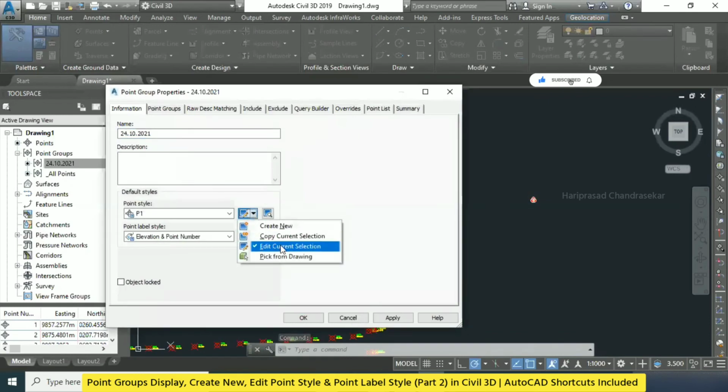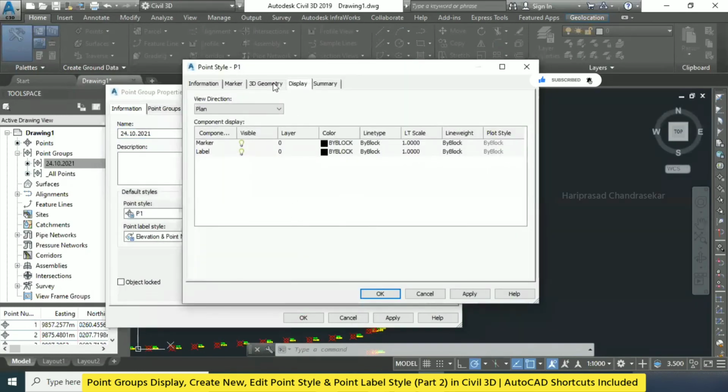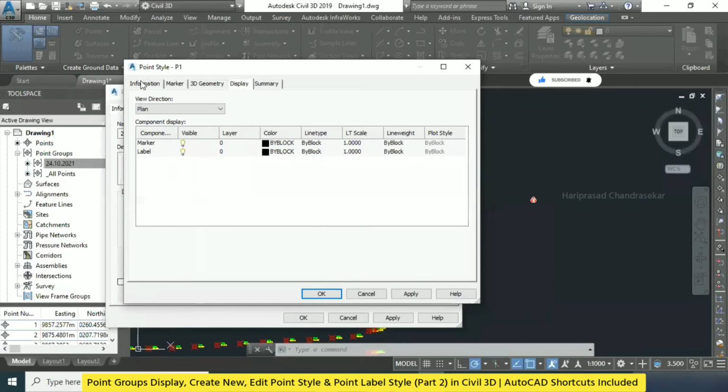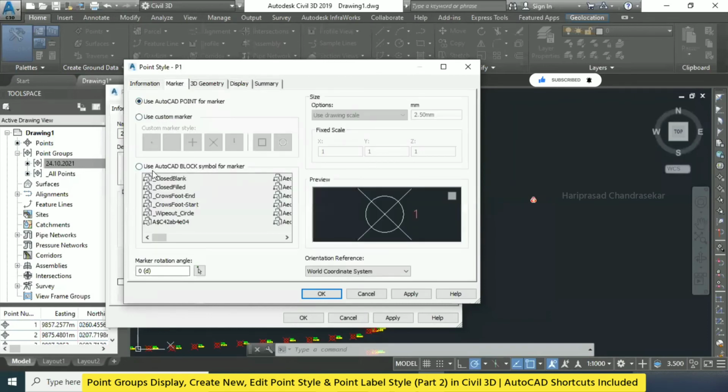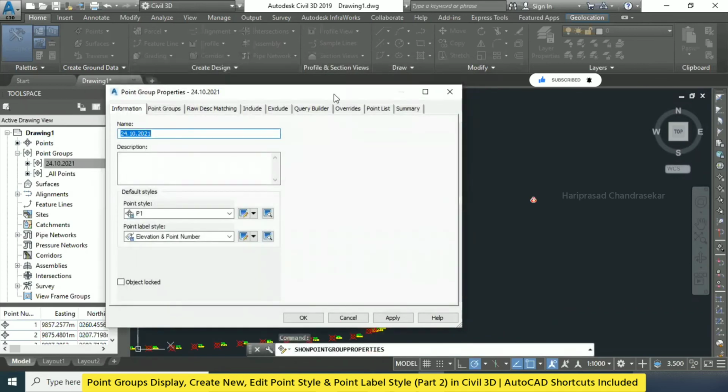You can go for edit current selection, and then here go for marker. You can go for use AutoCAD block. See, this is the one we have created. So you need to remember the name, or you can search for the preview. Then we can go for angle if you want, or you can change the size. Even you can change the size from here, no issue. Click OK, and then when you click apply, it will change.